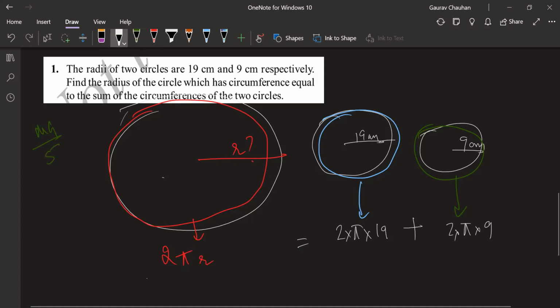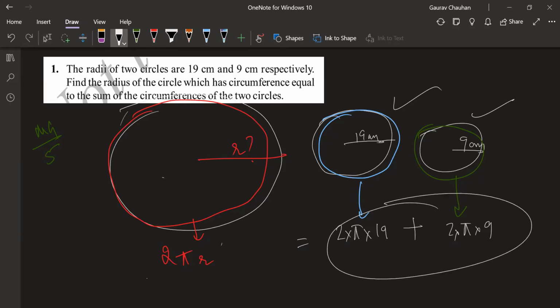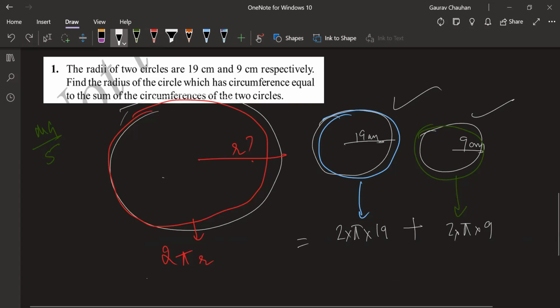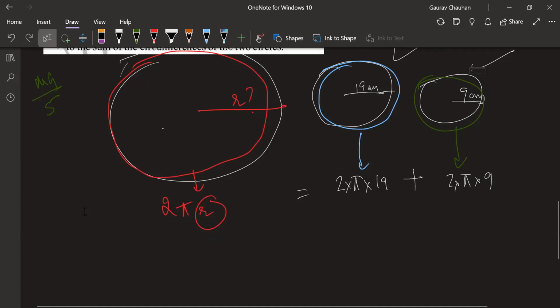You basically are finding this circle's circumference, and then you're finding this one's circumference. You're adding them both up, and this is equal to the circumference of the bigger circle. So you have an equation. The only unknown in this equation is r, the radius of this biggest circle. Can we solve this question? Abhi, how are you feeling? I'll give you a suggestion: do not multiply and find. Why am I giving you this suggestion?